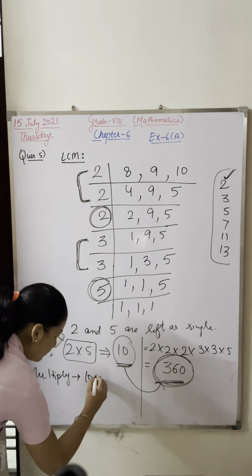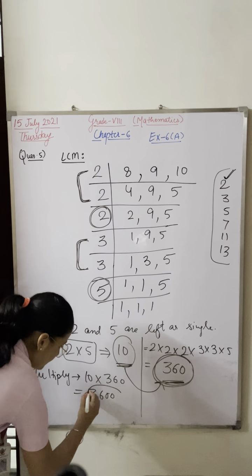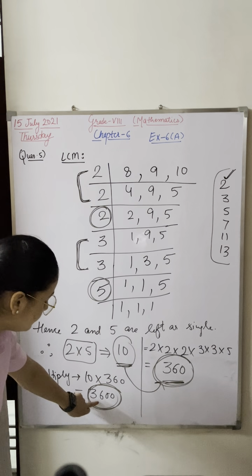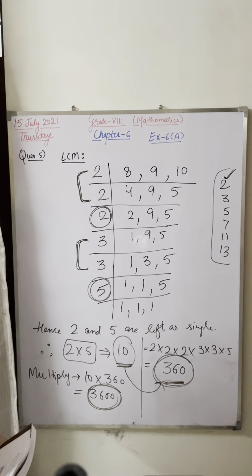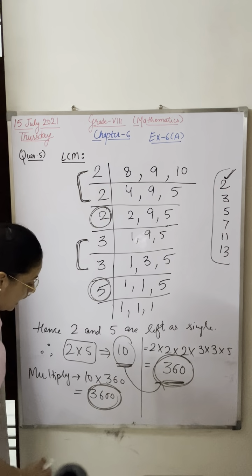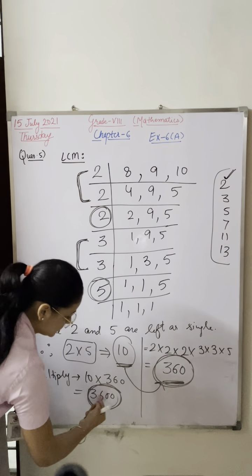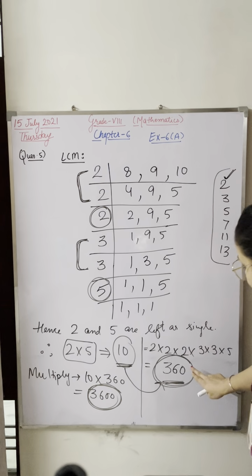Multiply this 10 with this number 360. The answer will be 3600. So you have to find the number by which this number is properly divisible. Now if I divide 3600 by 360, it will be completely cancelled. It will be completely divisible. It will go by 10 or 100 or anything. It will not come in decimal. How has 360 come?